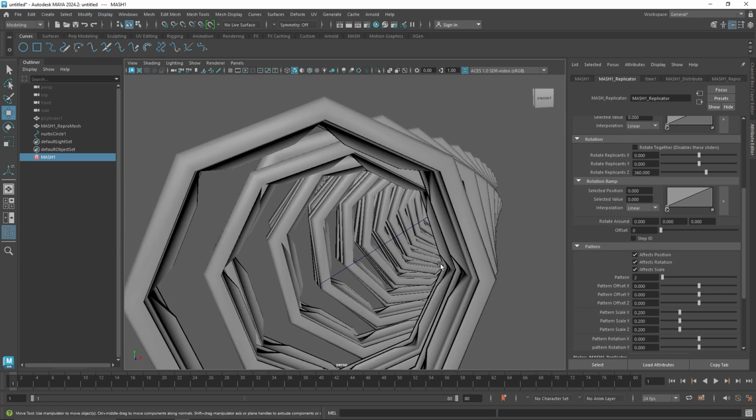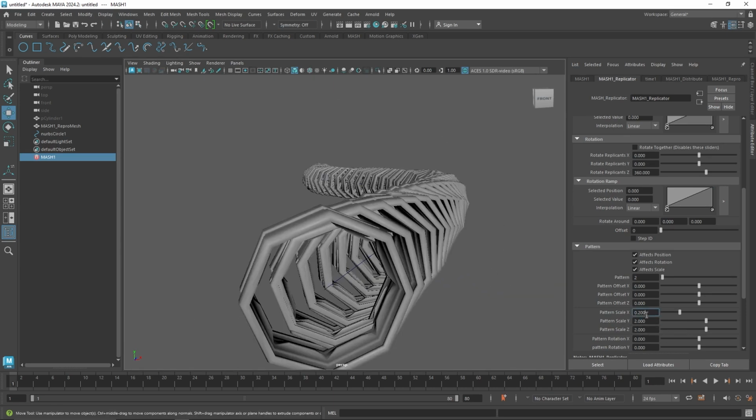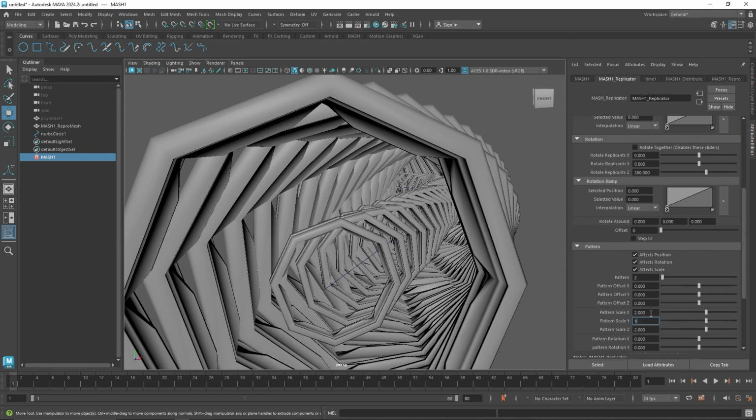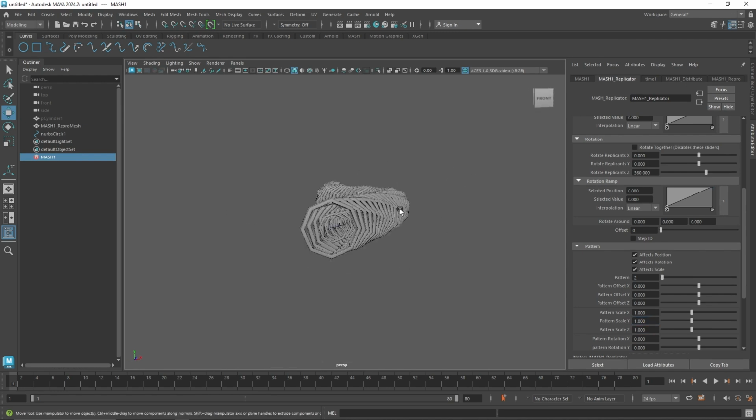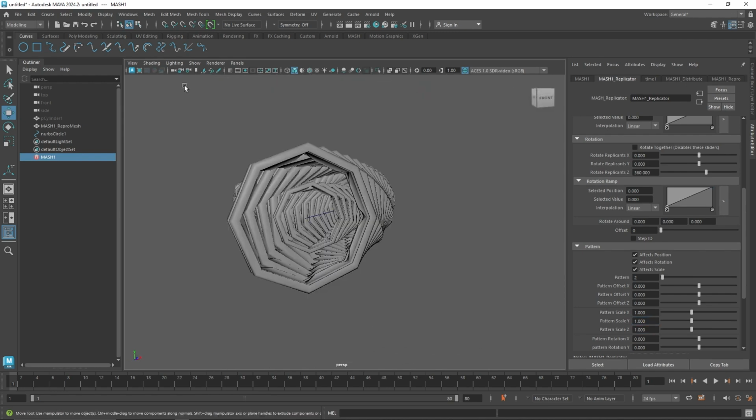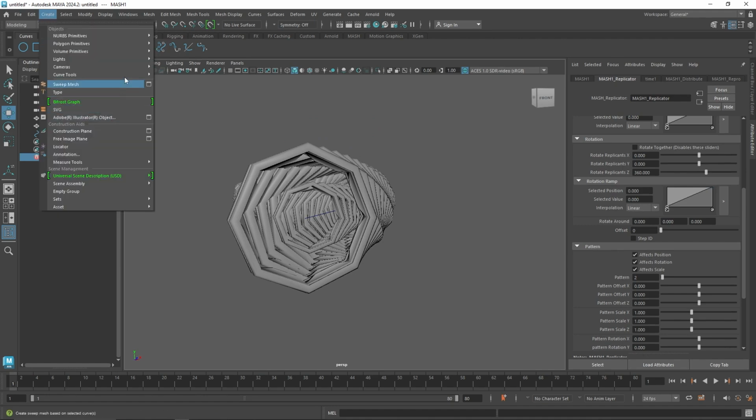Alright, I think actually 2 was, let's make it 1. Alright, and maybe a pattern value of 2 is good. Okay, now once you're here, what we can do from here is we can take a secondary camera